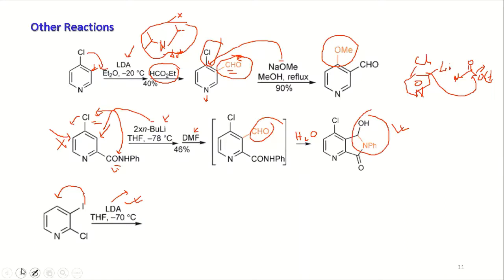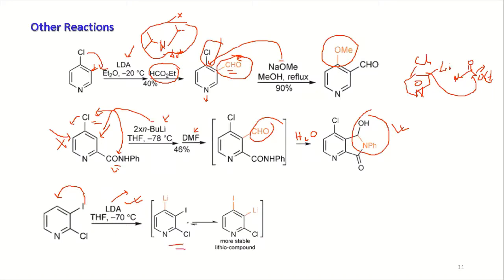Now what will happen? That position's lithiation will reorganize to have the lithiation at the meta position by exchanging the positions of the lithium and the iodine. First it will generate that, then you will have the exchange reaction. The iodine will be coming here, and the lithium will be coming here. Why will it happen? Because if lithium is coming here, you have more stability. Lithium will be more stable at this stage, a more stable lithio compound than this one. You have one interaction here, so you have more stability. That's why lithium will jump here.